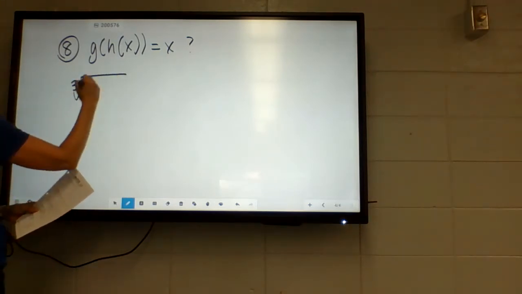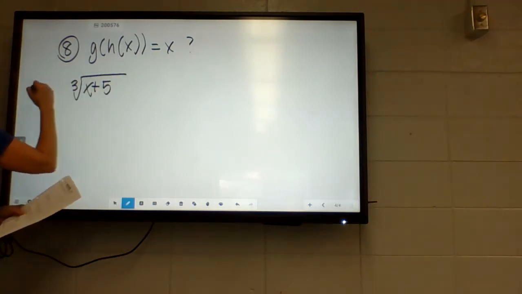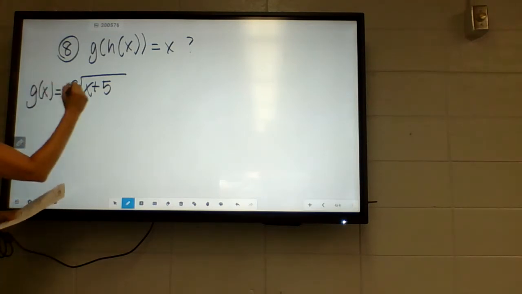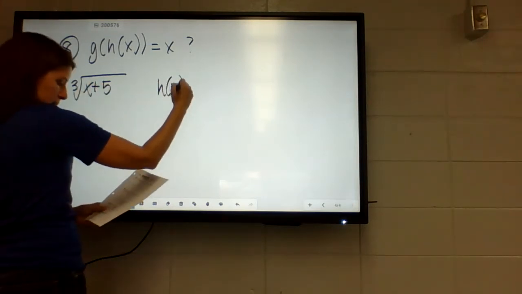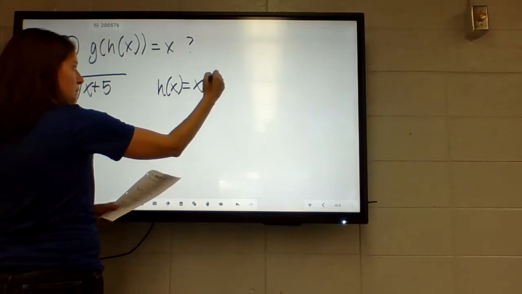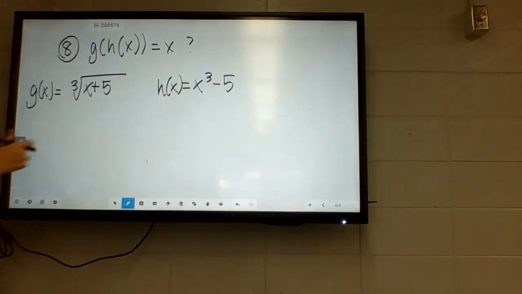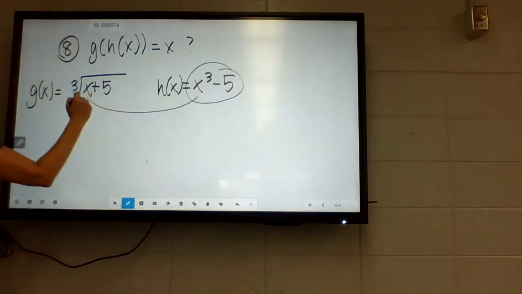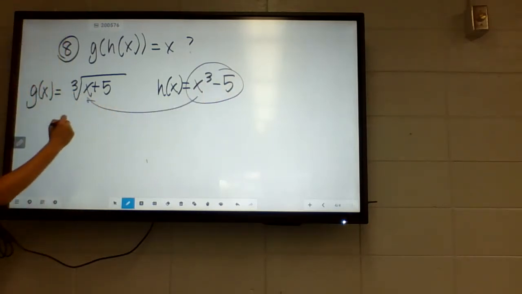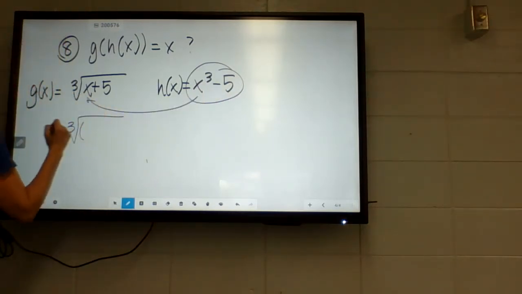So I have to basically put this in. So this is going to go in here. So cube root